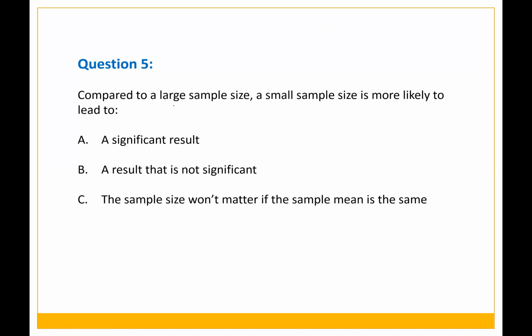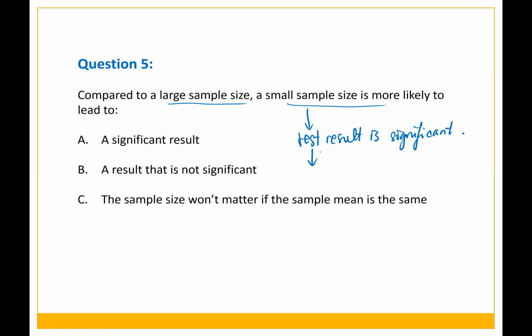Compared to a large sample size, a small sample size is more likely to lead to... So a small sample size is more likely to conclude that your test result is significant, because a small sample size is more likely to be biased, and it usually has very big departures from what we expected in the null hypothesis. But then we also have the precautions about the small sample size,